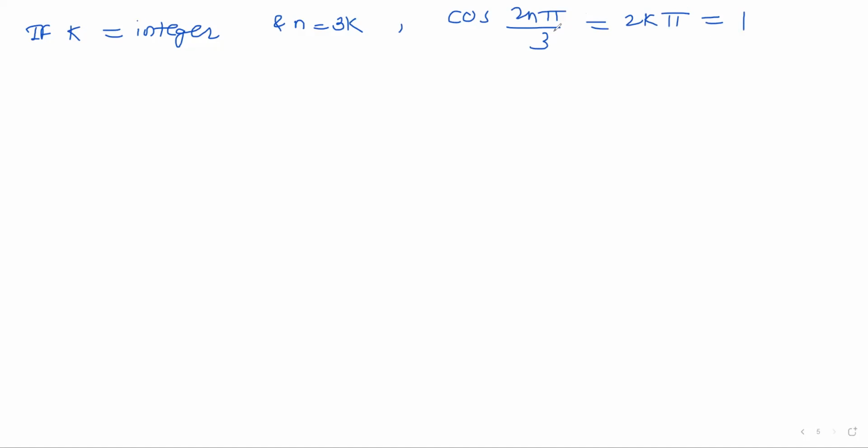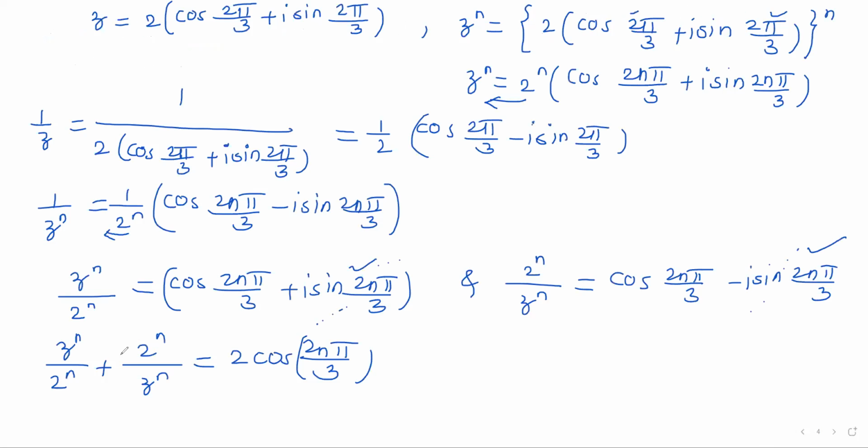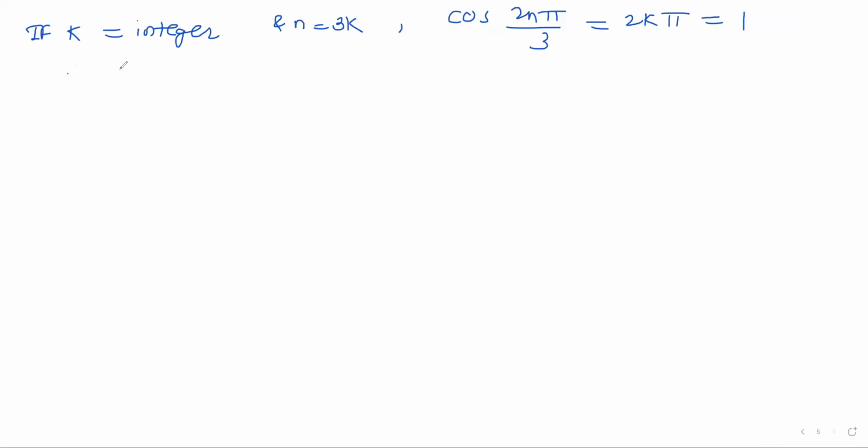And therefore if k is an integer and n is equal to 3k, then this equation on the previous page will become 2 into 1, that is 2. So this will become z raised to n divided by 2 raised to n plus 2 raised to n divided by z raised to n is equal to 2, right? Similarly, if n is equal to